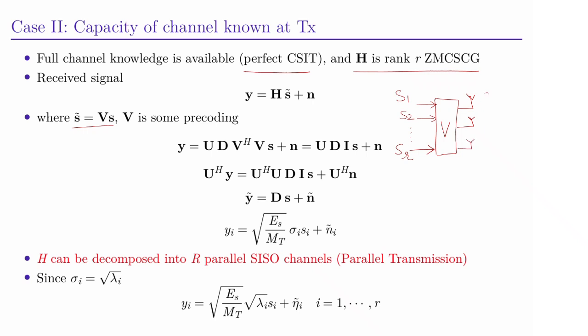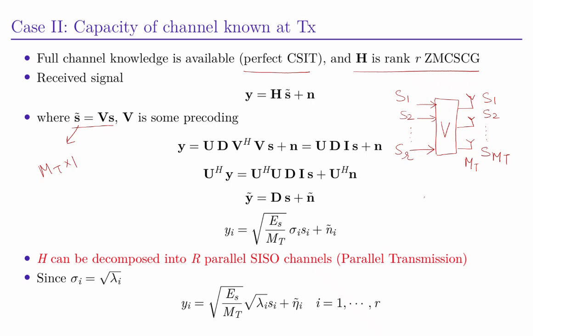So we have S1, S2 and so on up to S_MT, because we have MT number of antenna elements at the transmitter. So S tilde would be of dimension MT cross 1,